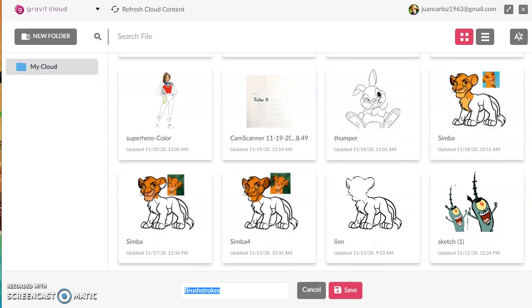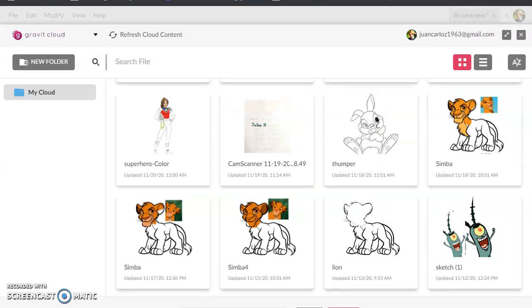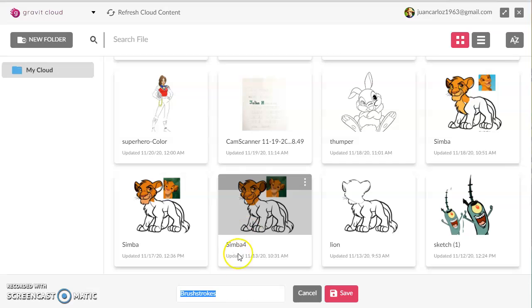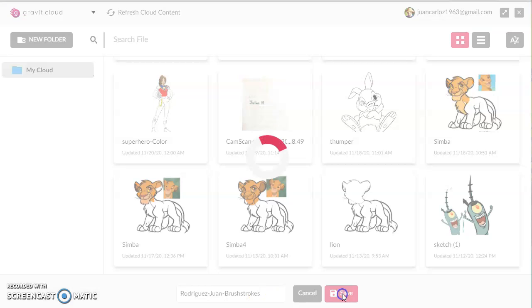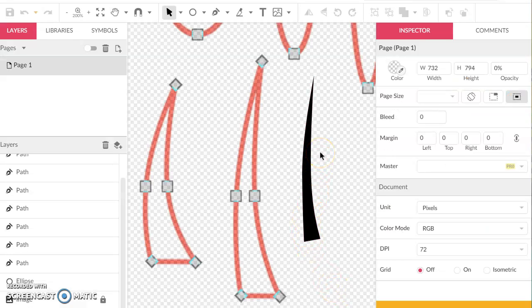And on the bottom here, oops, I didn't mean to do that. Let's see, on the bottom here where it says brush strokes, you could put your last name dash first name dash brushstrokes, and you're going to save it, right? Hit save, and it's going to save it in the cloud. But I want you to